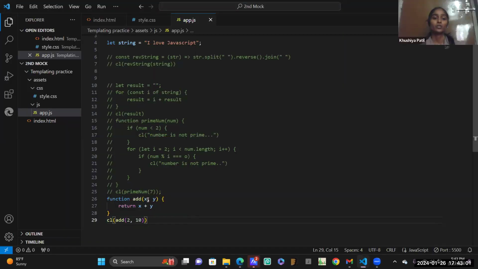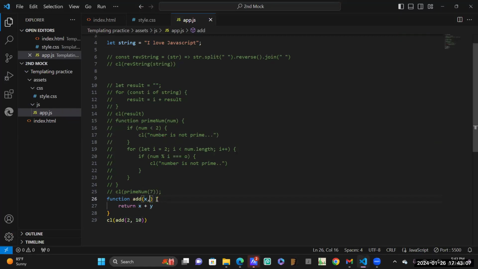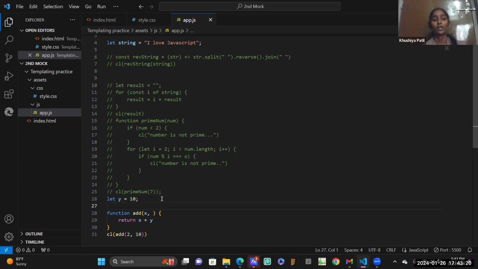This is a pure function. This is the example of a pure function. If we declare y outside the function, it's not a pure function, because the function depends on the external variable. Okay,